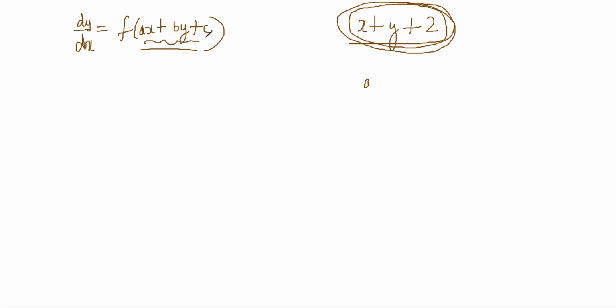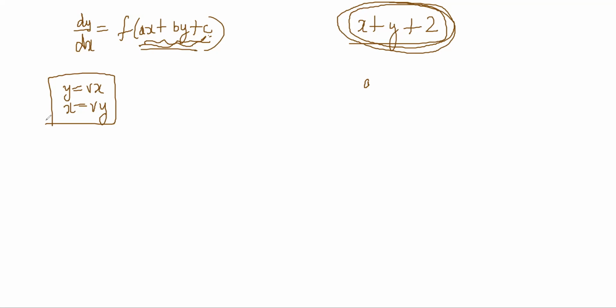This is not a homogeneous thing, because this is a constant term. It is not at all a homogeneous one. It is a different thing. Homogeneous is when the degrees of the terms are the same everywhere. In homogeneous ones, you do y is equal to vx or x is equal to vy. Why do we do those? Because you want to take x common.